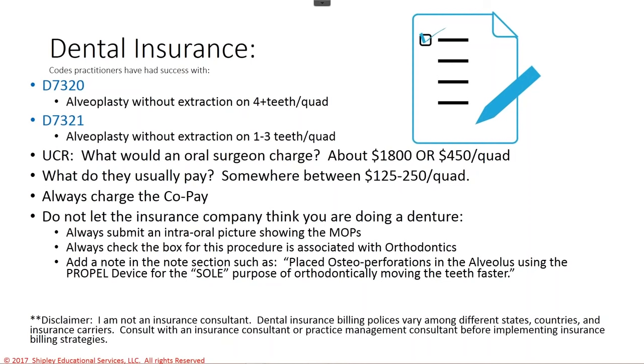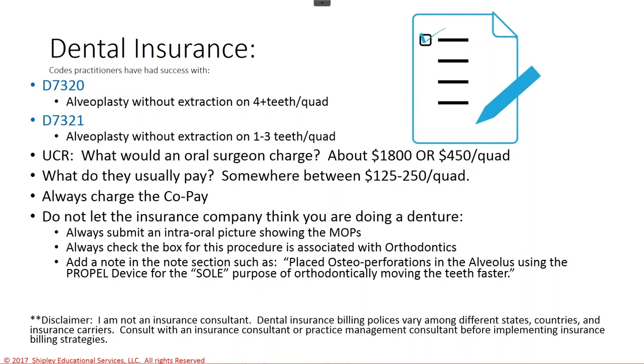So what do the insurances usually pay? Well, just like anything else, we don't get the UCR fee, we get something less. And in my practice, it's usually somewhere between $125 to $250 a quadrant. Now, we always want to charge a copay. That's important when we're charging insurance, but we also don't want the insurance company to think that the alveoloplasty is in conjunction with doing a denture. So we want to make it very clear what we're doing